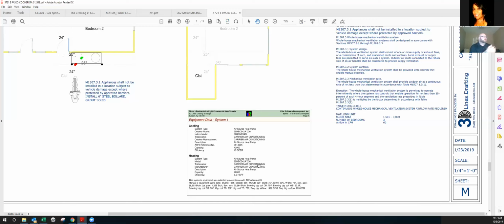Okay, thank you. So the Manual J is how we calculate how much heat load this structure is going to require. The Manual S is the design of the equipment that will satisfy that heat load. So basically what this data is saying is